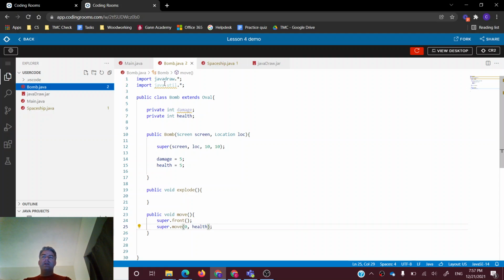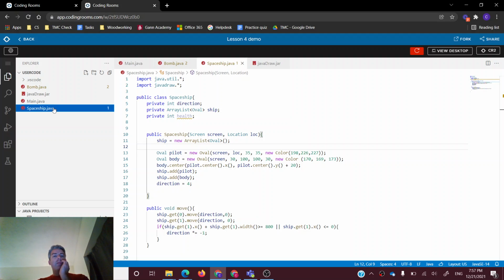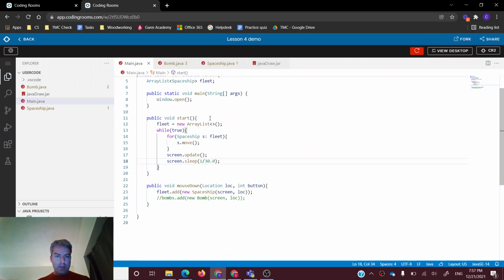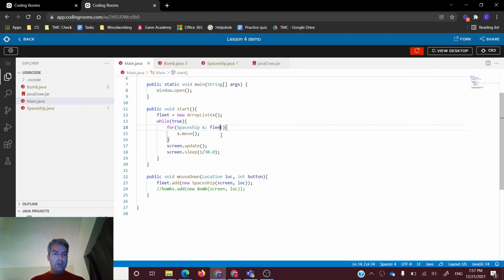Okay, so we have our bomb, we have our spaceship, and we just want to combine the two. I want to have the bomb dropping be a part of the spaceship class, because then when I make a bunch of different spaceships, they all have that ability already tied into them. Let me think about the best place to start. I think what I want to do is, inside the main, in our loop, we're going